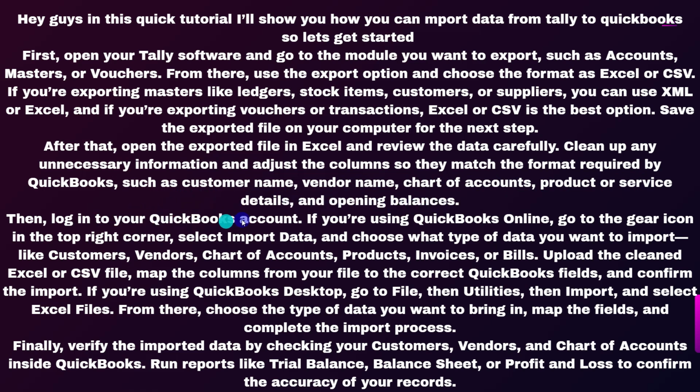Then, log in to your QuickBooks account. If you're using QuickBooks Online, go to the gear icon in the top right corner, select Import Data, and choose what type of data you want to import, like customers, vendors, chart of accounts, products, invoices, or bills. Upload the cleaned Excel or CSV file, map the columns from your file to the correct QuickBooks fields, and confirm